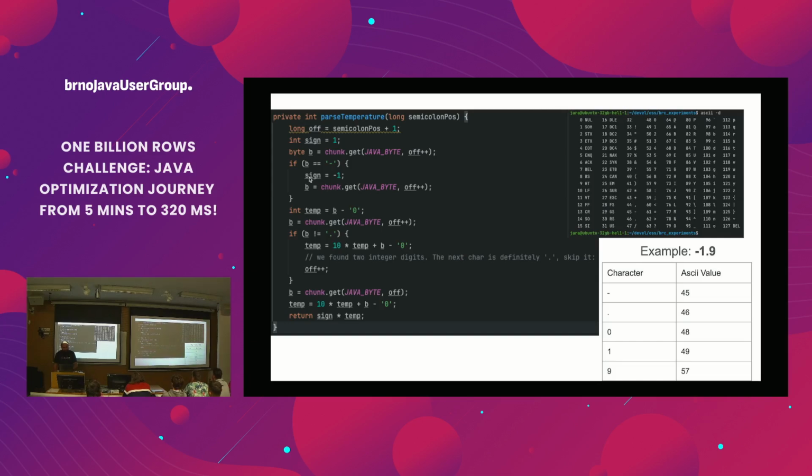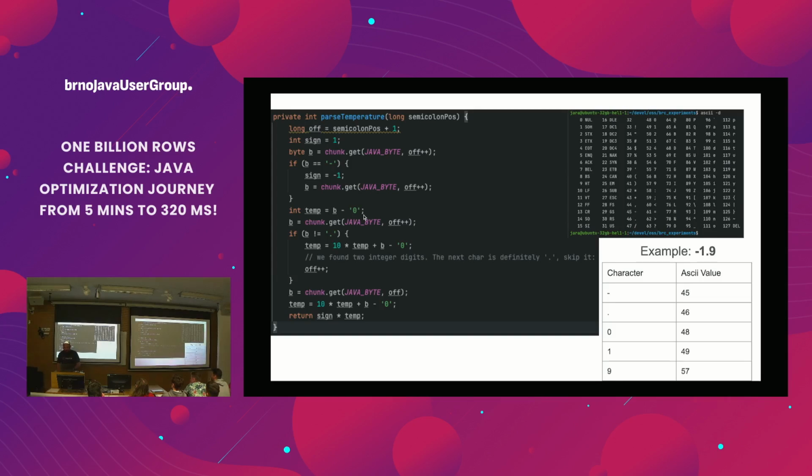So we change the sign from +1 to -1, and we read the next byte. The next byte will be the character 1, which in ASCII is 49. So at this line, the byte is 49, and from this I subtract character 0.